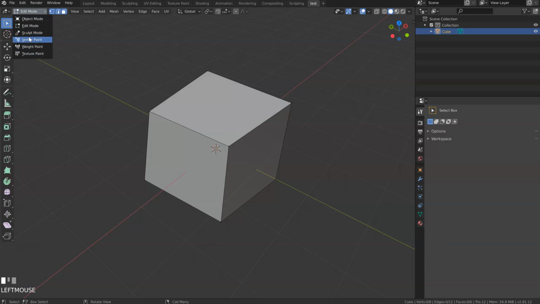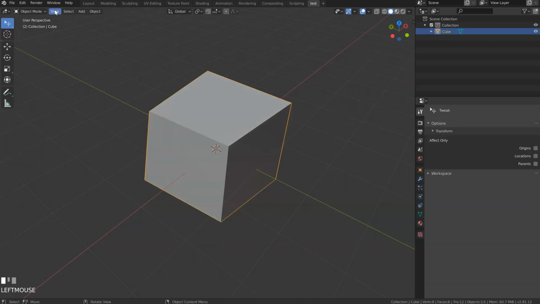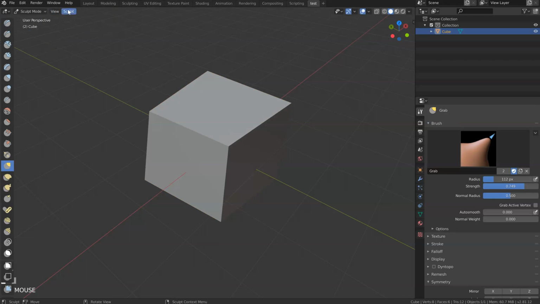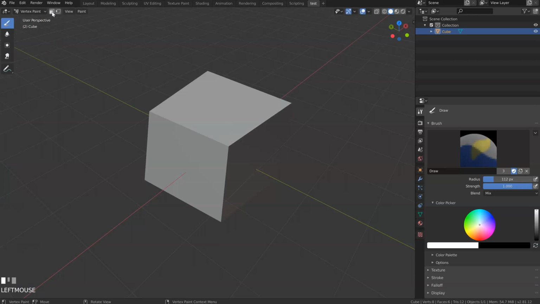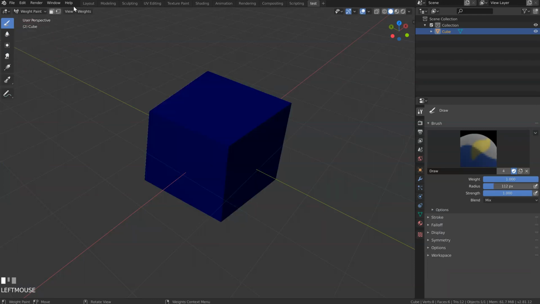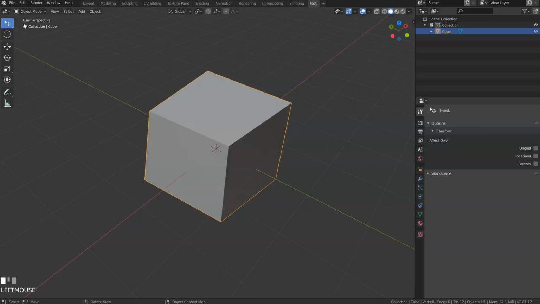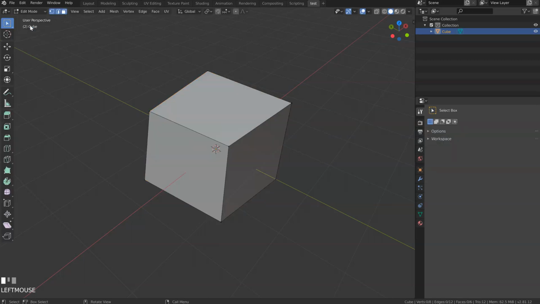Okay, so after you have the vertex paint, and the weight paint, and the texture paint to make some texture, but I will not show you. And on each mode, as you can see, you will have a different menu here. Object mode, edit mode, sculpt mode. Sculpt, you have some options for the sculpt. Vertex mode, as you can see. Weight paint, texture paint, etc. And same here, everything will change. If I go in edit mode, I will have a lot of new tools.